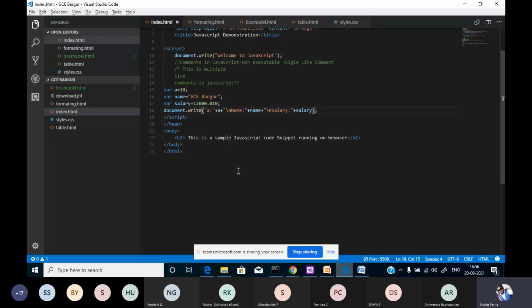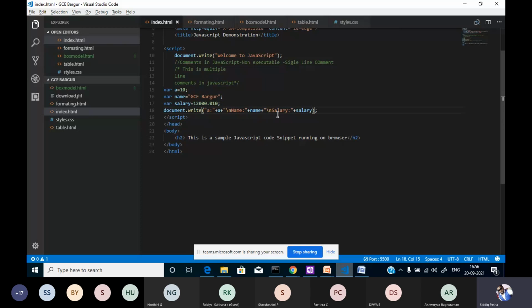So in a single JavaScript code we have specified the value for the variable a as an integer, the string value for name, and the floating value for salary. All are printed over here. That is the meaning of a loosely typed language.